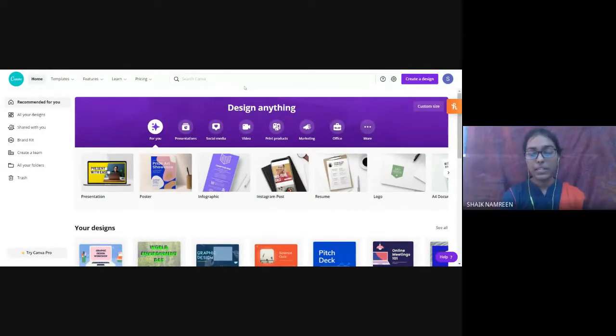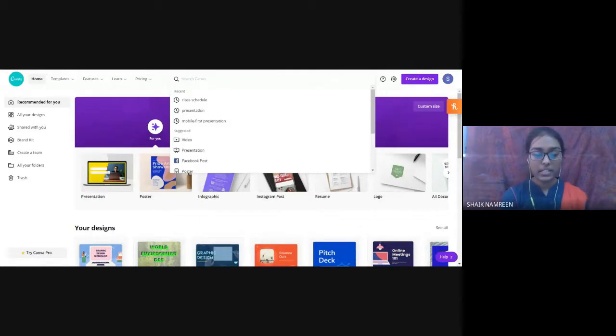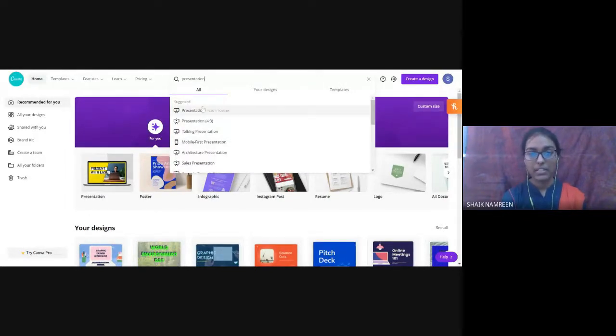So this is the front page of Canva. I think everyone knows the basics now. This is the search bar. Go and click presentations. After clicking presentations, you can see here types of presentation. This is 1920 by 1080, a classic presentation. If you want to present on a flat TV or on a screen projector, etc., you should use this presentation. There is the number 1920 by 1080.